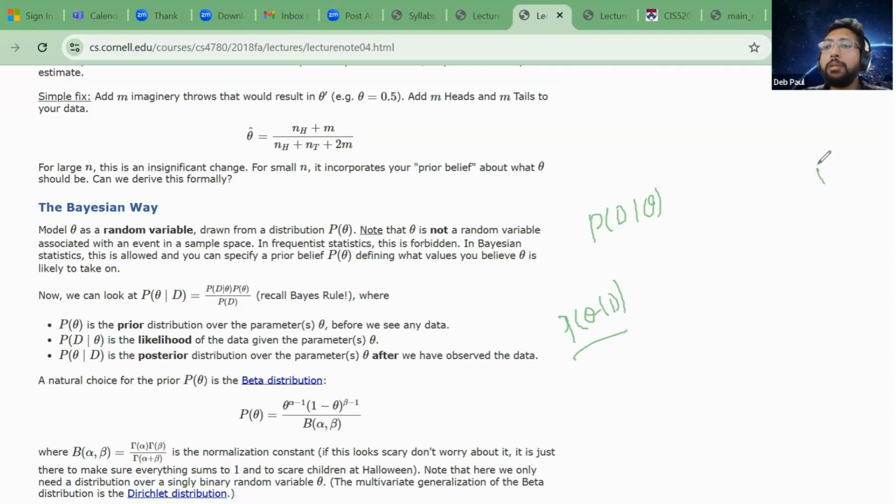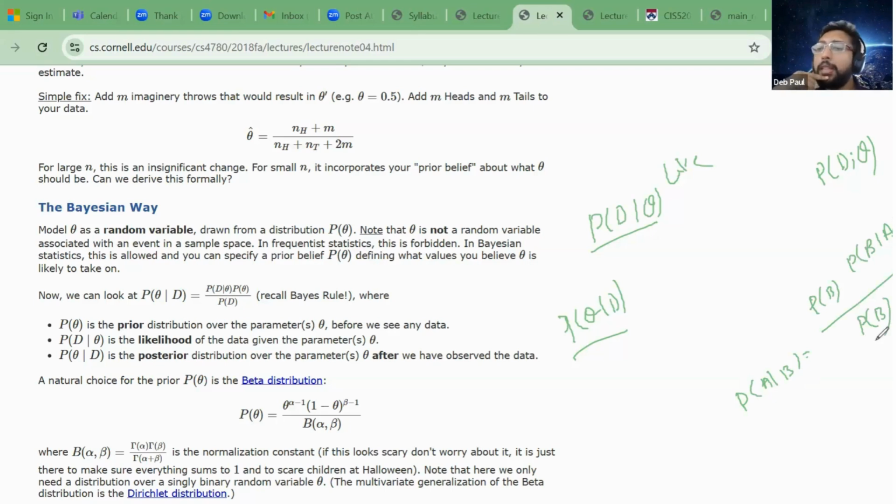So the previous likelihood we estimated is parameterized by theta, and we had that binomial expression for this. Now we will say what is the probability of this. This is my likelihood. In Bayesian statistics, P of A given B is nothing but P of B given A times P of A, divided by P of B. This is my usual Bayes theorem. So in this case, P of theta given the data is nothing but P of theta, times P of data given theta, divided by P of data.